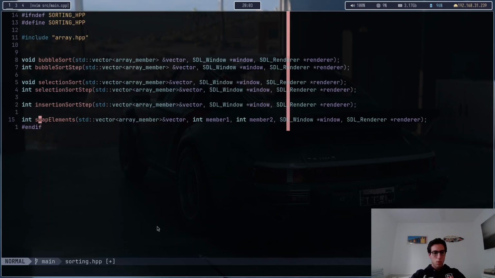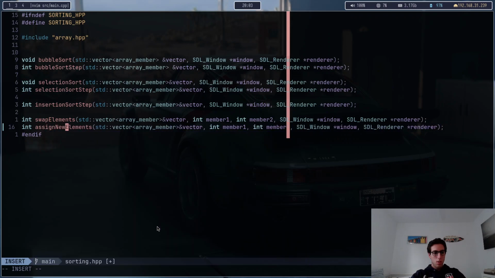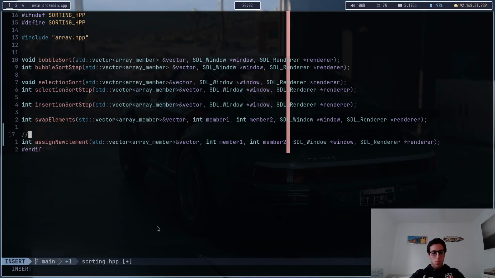Actually, let me do assign new element. Let me just put this function